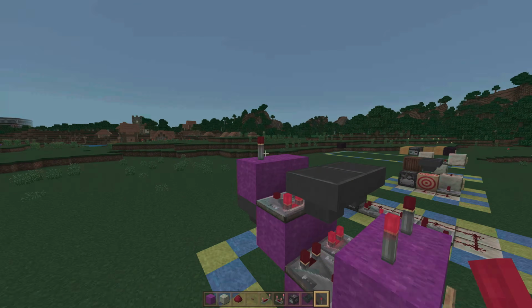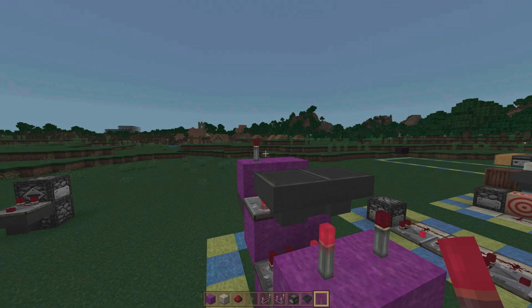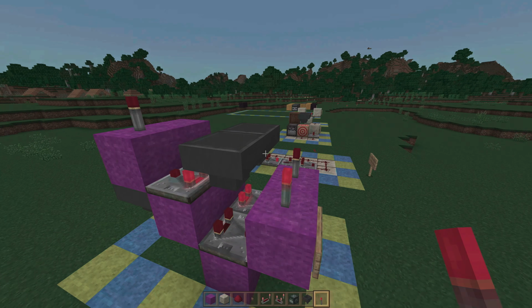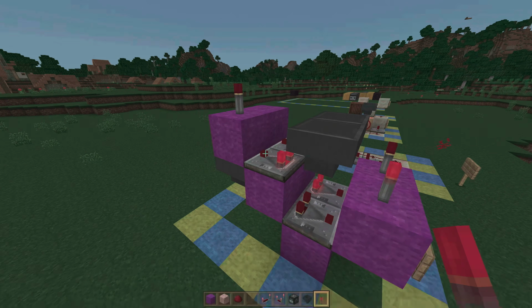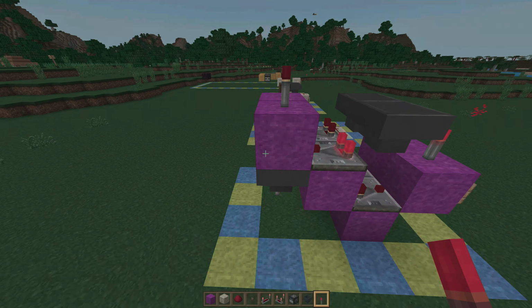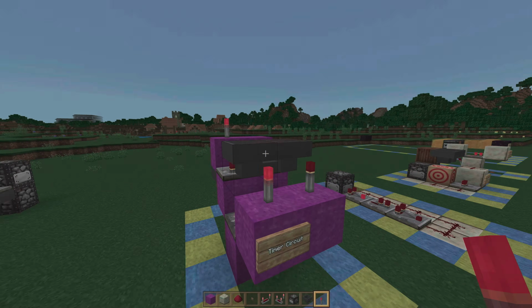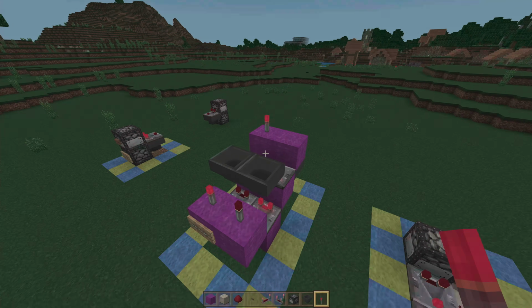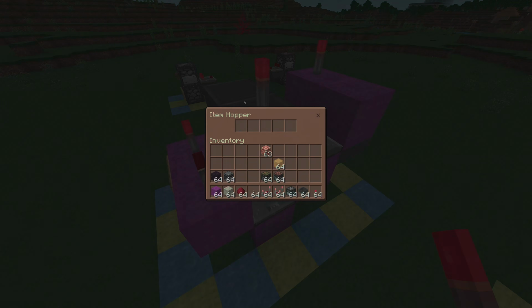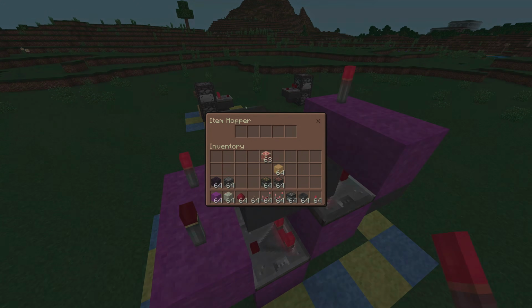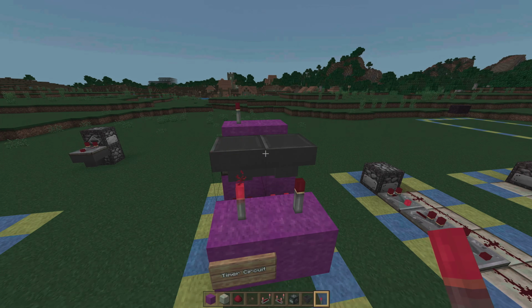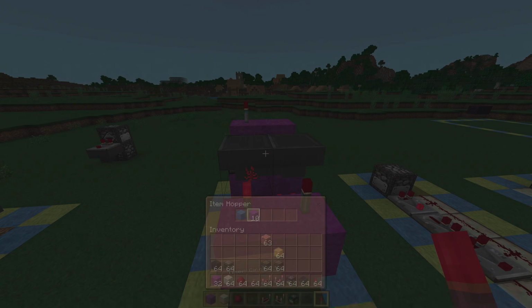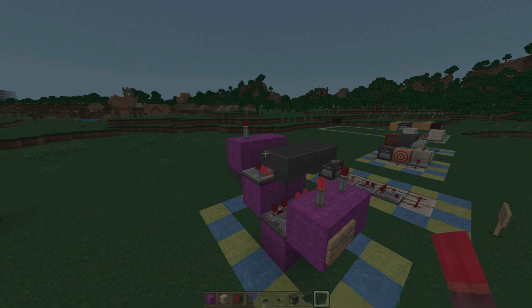This clock is used in many of my farms, but most notably is used in my moss farm, which allows this circuit to flush water and send out all of the items down into a hopper collection system so they can be converted to bone meal every 5 to 7 minutes or so. It is a very simple contraption that you can use in a lot of different configurations and that you can easily vary the time of depending upon what your exact needs are.